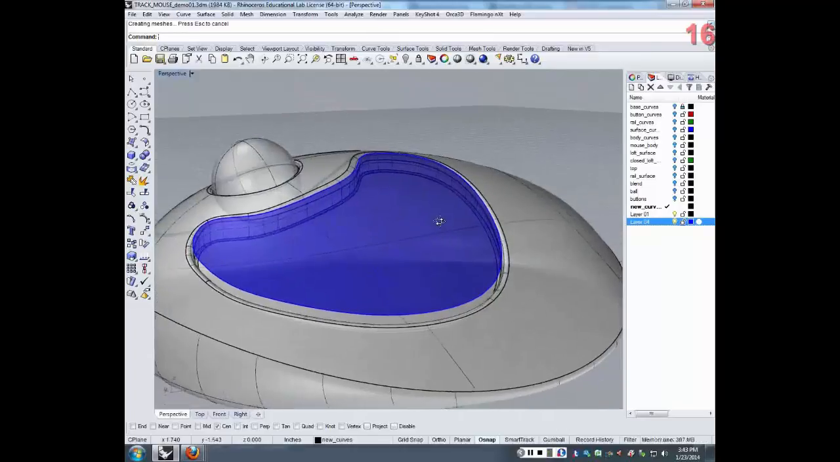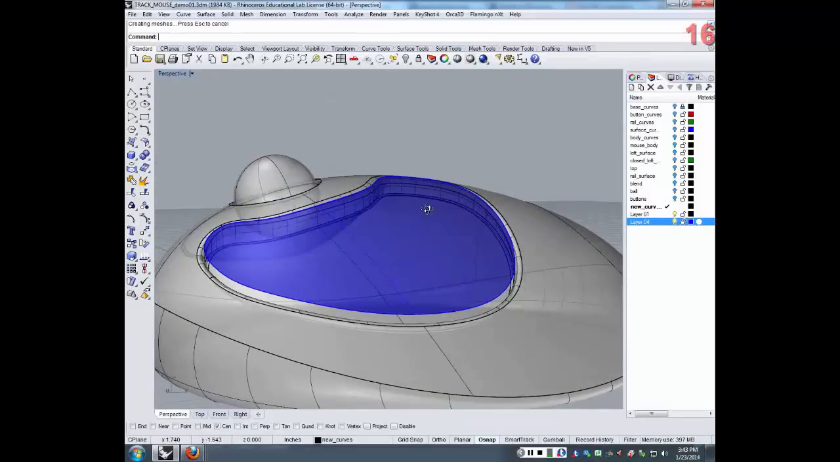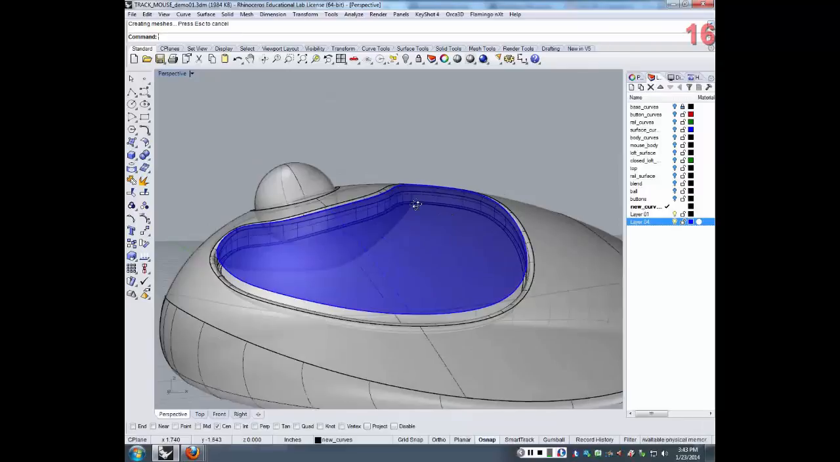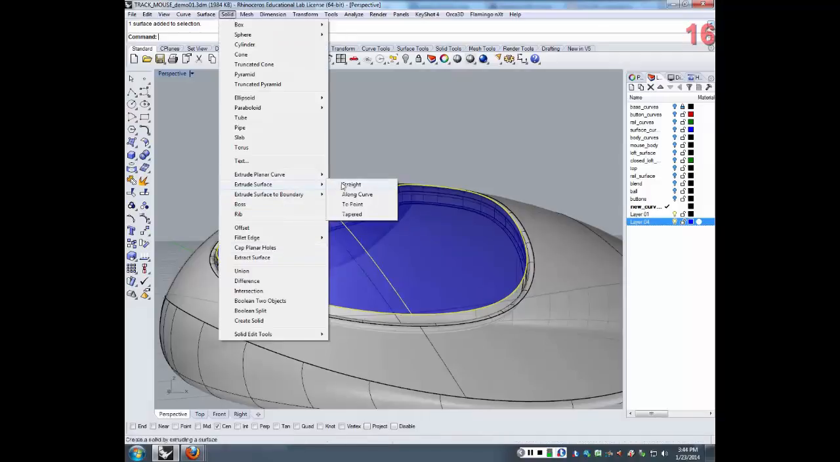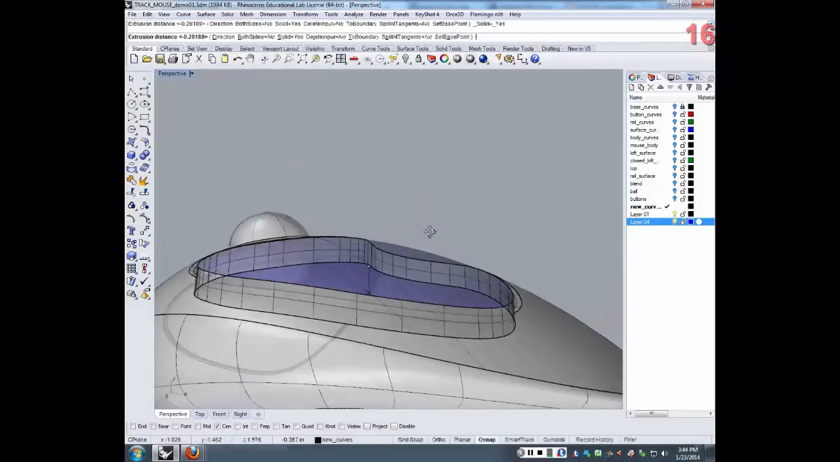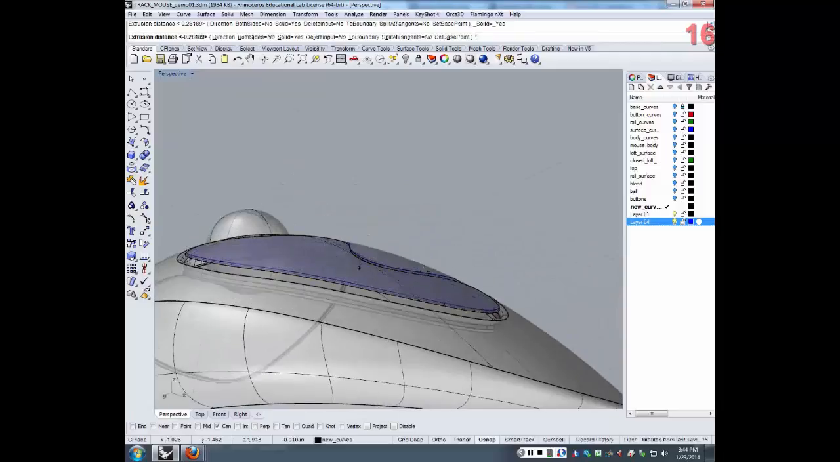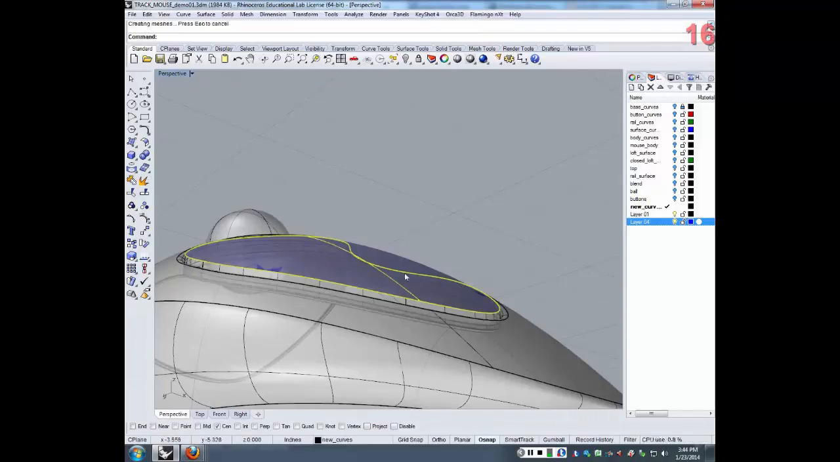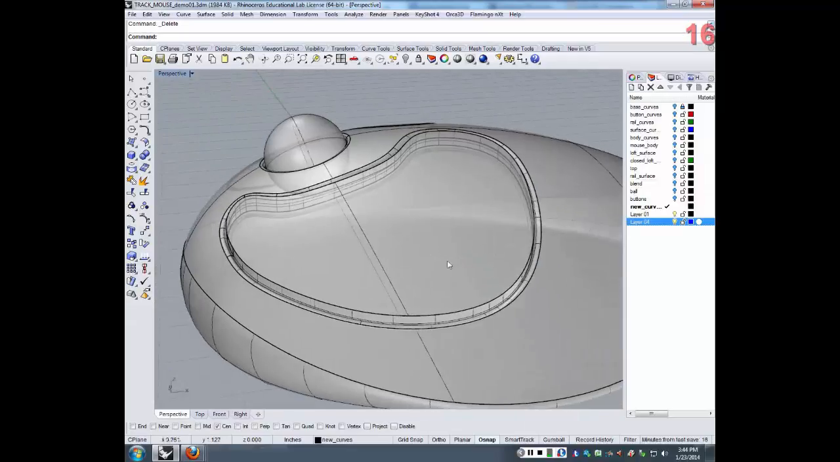And I'm going to take this and I'm going to do a solid extrude surface straight. And I'll bring that right down into there, like so. And I'm going to delete this surface right here. I'm going to move this one